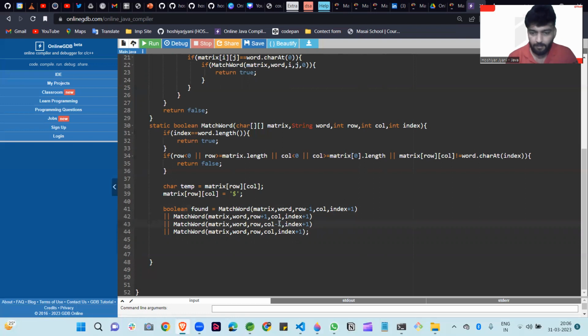What is the meaning of this? We remain in the same row and look at the left position, and the next is we are going in the right direction, so column +1.